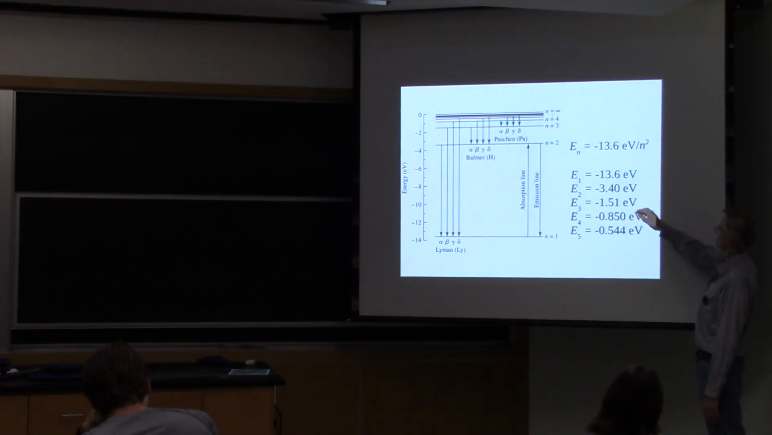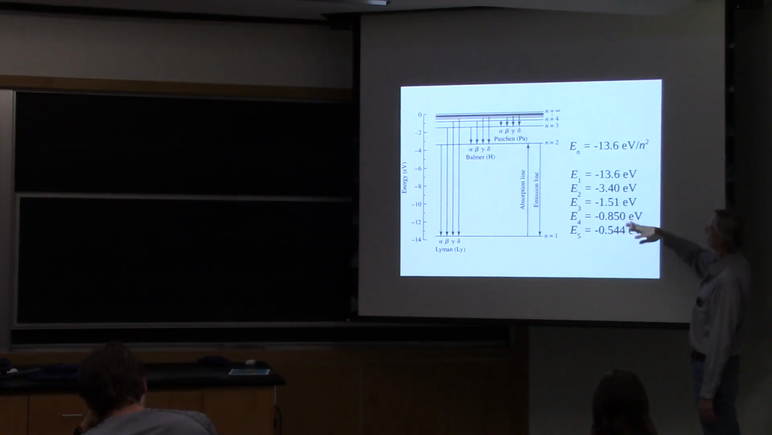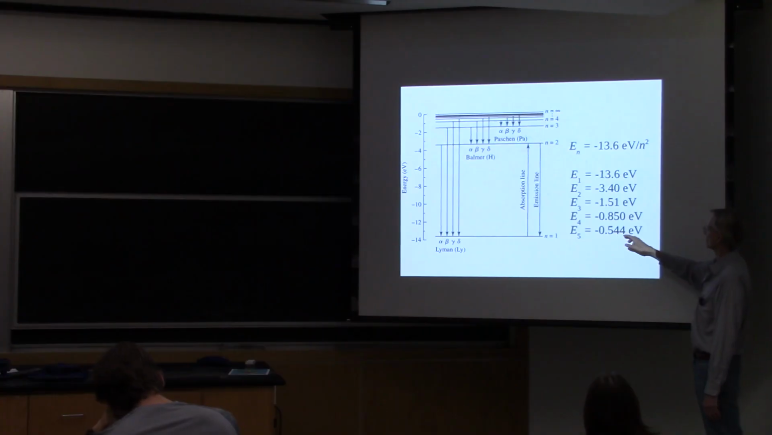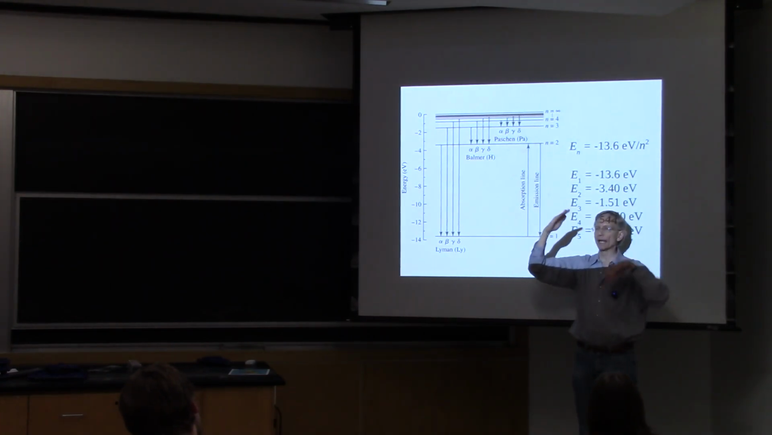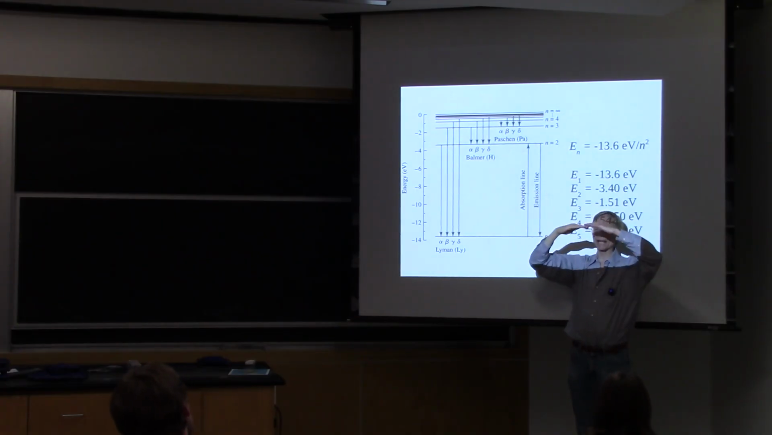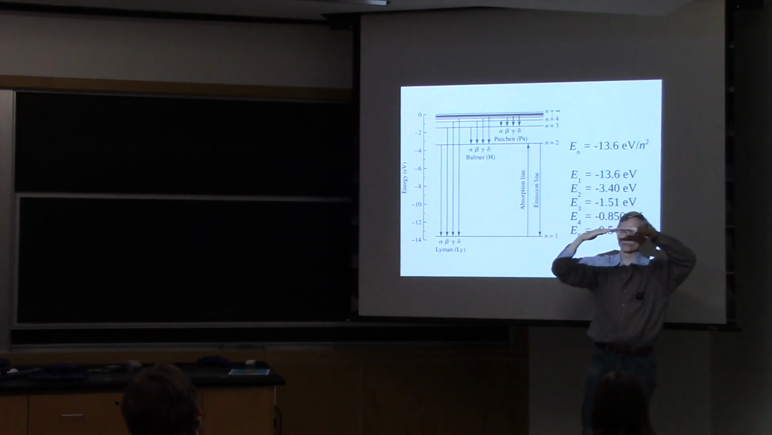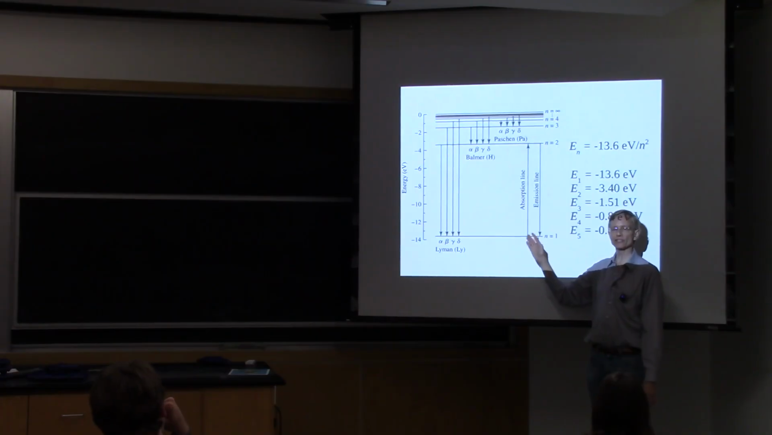E3 is minus 1.51 electron volts, 13.6 over 9. E4, 13.6 over 4 squared, 13.6 over 16, minus 0.850 electron volts. E5, minus 0.544 electron volts. Notice that as you go to higher and higher n values, the energies are getting closer and closer together, and in the limit, as n goes to infinity, what's minus 13.6 divided by infinity? 0, right? So it asymptotically approaches 0 electron volts,